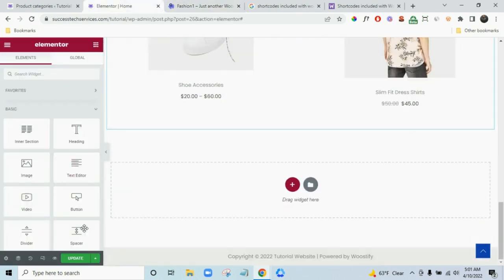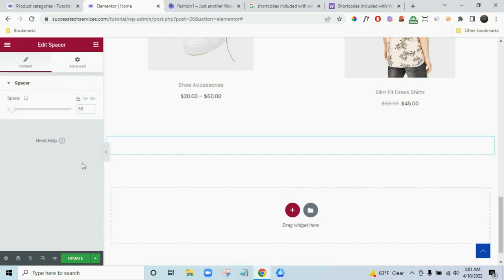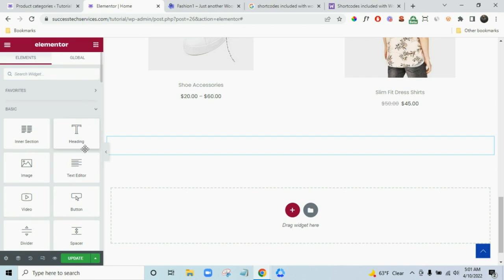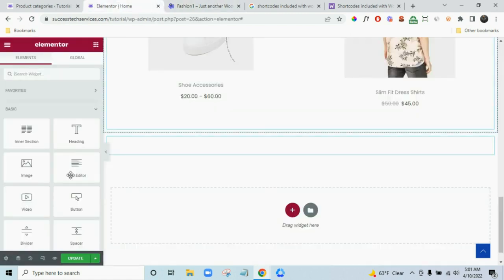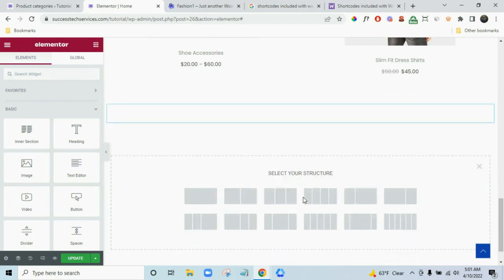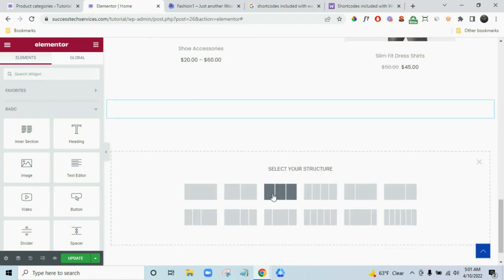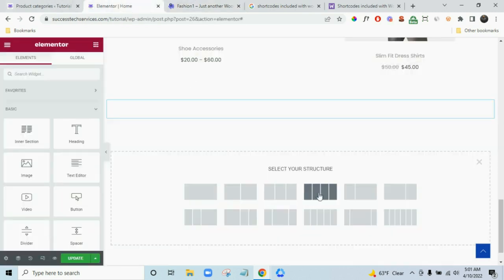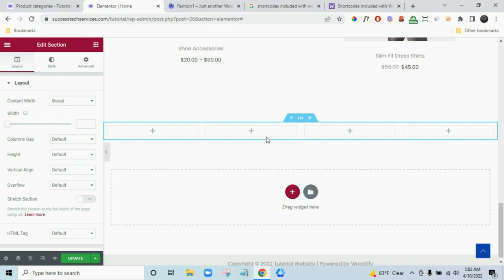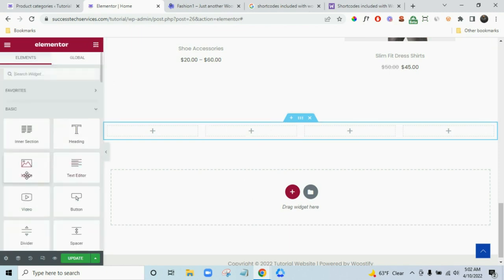Come over here to where it says spacer, put that in there, and then you take in your image. Let's put this one in here first. So I want to click where it says drag widget, and let me take a look at the space. You click on 4, and so this is what you're gonna do. You're gonna drag in the first image in here. So image,